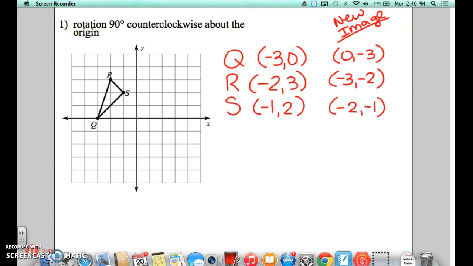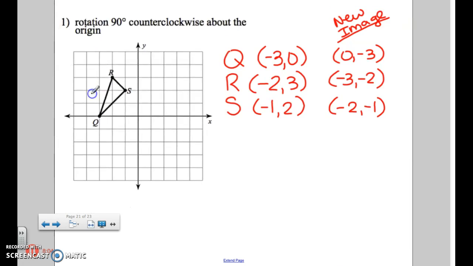The first one is a 90 degree counterclockwise rotation. So if I'm going 90 degrees, I just flip-flop, look at where my image would end up, and then determine the positive or negative values. This shape, if I go counterclockwise, will drop to the left. Sorry about that, guys. Drop down here, so now I'm in quadrant 3,